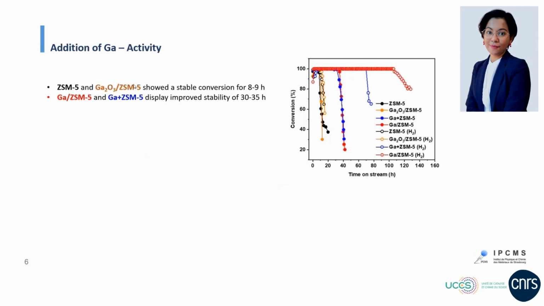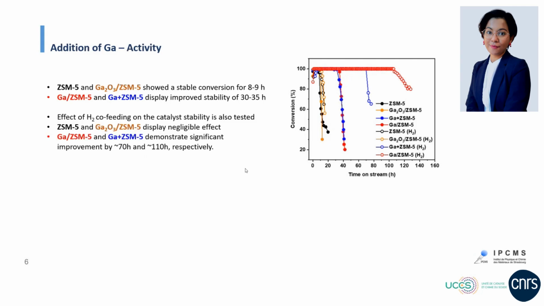And as you can see, ZSM5 and gallium oxide supported on ZSM5 show a stable 100% conversion of methanol for 8 to 9 hours, and afterwards lose activity quite drastically. However, gallium supported on ZSM5, heat treated and physically mixed, displays quite an improvement in stability, of about 30 to 35